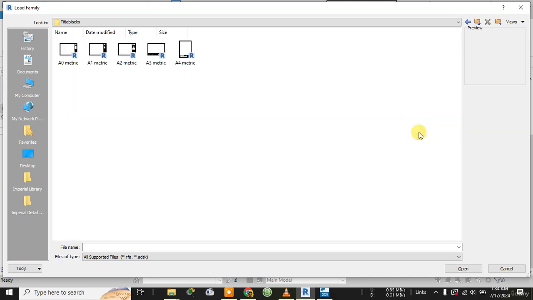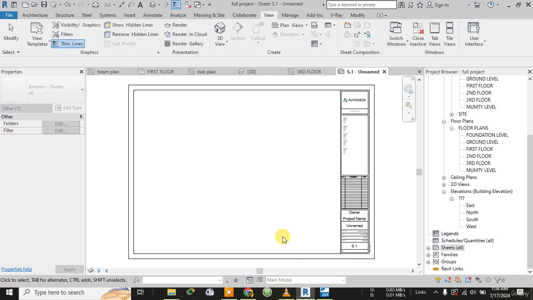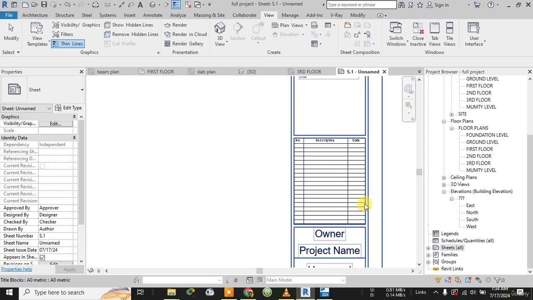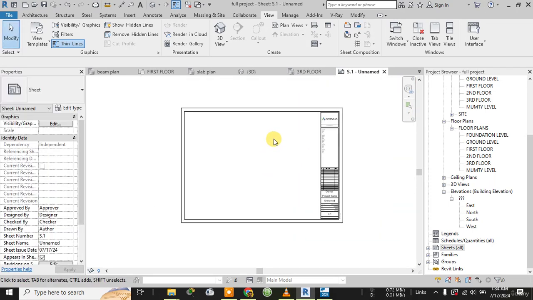title box. In the title box, the A0 paper is present, so you need to select the A0 metric size. After selecting A0 metric size, now click on OK. After clicking on OK, this is my A0 size paper. In this A0 size paper, I will now